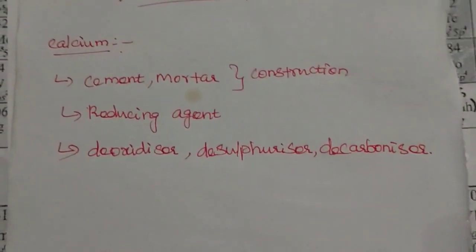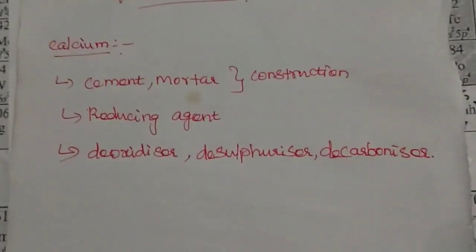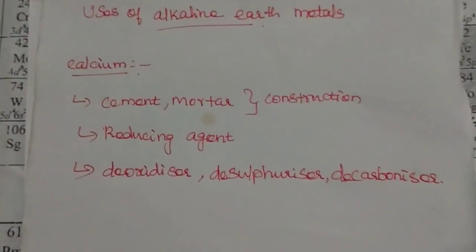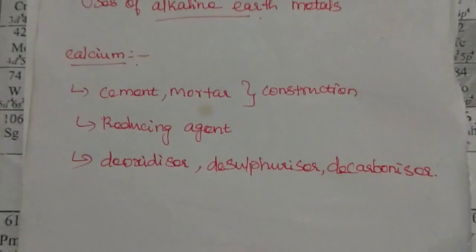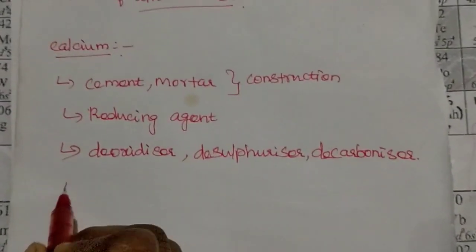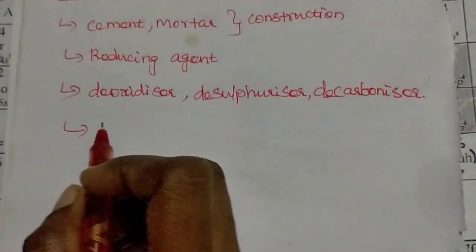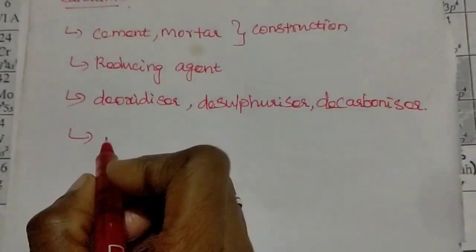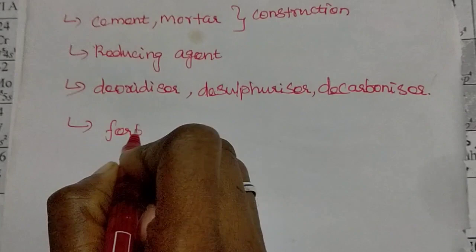So in the ferrous alloy, we use some non-ferrous alloy also, calcium as a deoxidizer, desulfurizer and decarbonizer. So next one, using this calcium as fertilizers